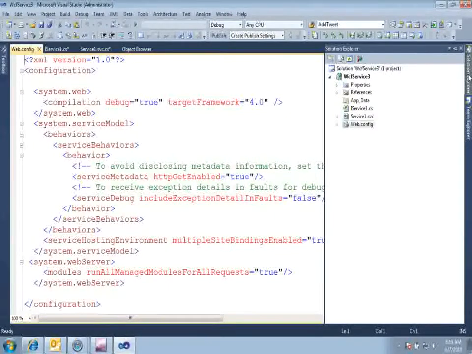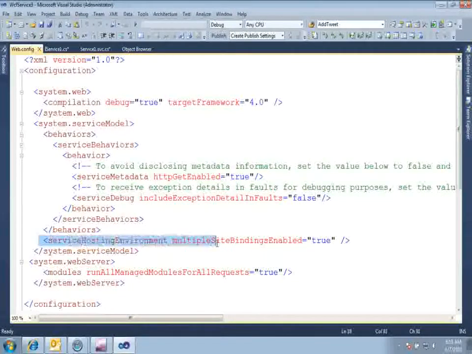I'll be showing you that demo in further videos. And the third way is that you can rely on the factory classes which come with WCF. All you need to do is, if you are using Visual Studio 2010, just go ahead and comment the service hosting environment line, and if you are using Visual Studio 2008, then go ahead and comment all the endpoint configuration. Make sure that your metadata is not enabled, because it does not support the metadata.